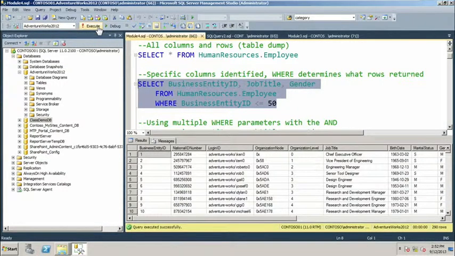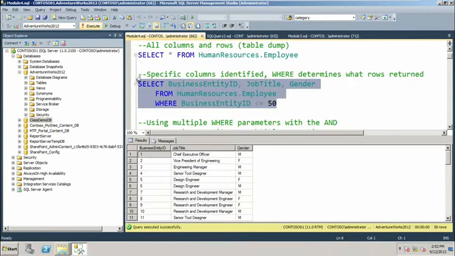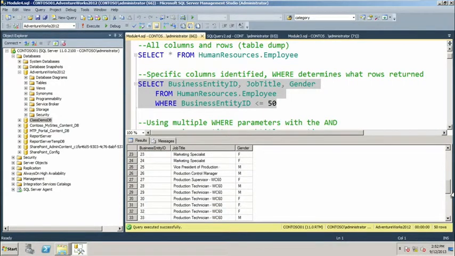in 3 columns instead of all of these columns. So we'll execute this one. Here's our business entity ID, here's our job title, and here's our gender. Now if we scroll down, we should see business entity ID 1 through 50. And I just hit bottom, and you'll see over here, whoops,